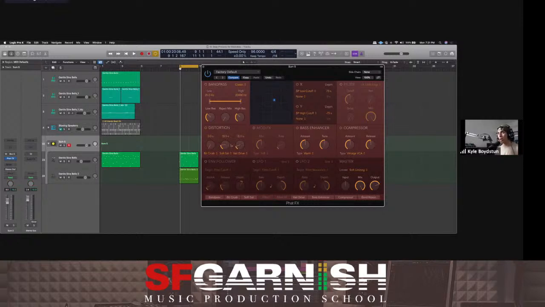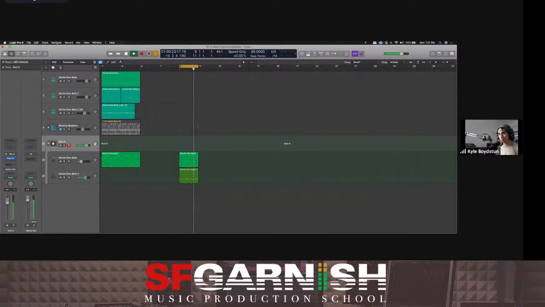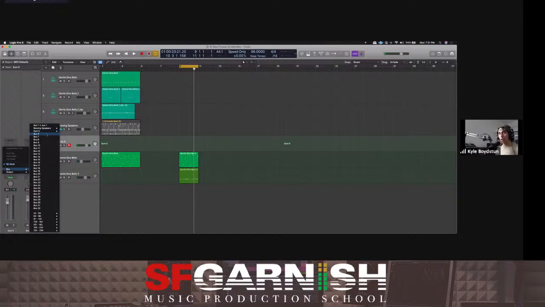And then we have automatic saturation, some drive. We can choose between different types of distortion if we want. I'm going to turn the bass enhancer off and compress it a little bit heavier in the output, and then we'll even slam it a little bit harder. Great. We also have another one that is one of our multi-effects,